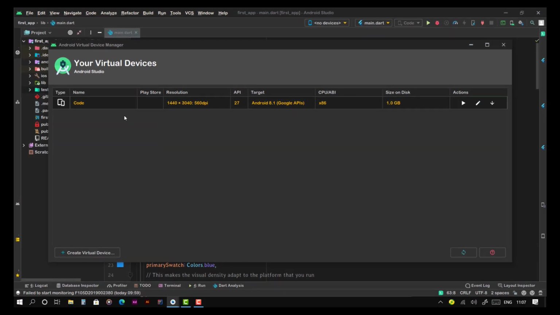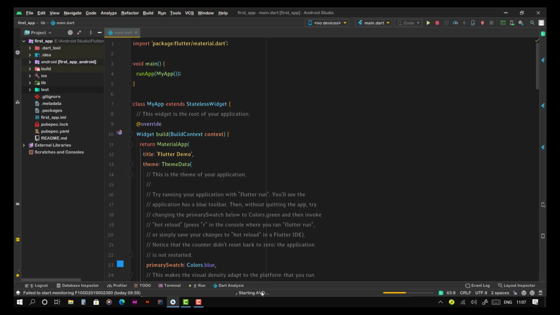So now it says that our emulator is created here. To run that, you just need to click on this play button at the top. So after clicking on that play button, it will directly launch the AVD. As you can see in the bottom, it says starting AVD. Let's just wait for the AVD to start and for the first boot to be completed.